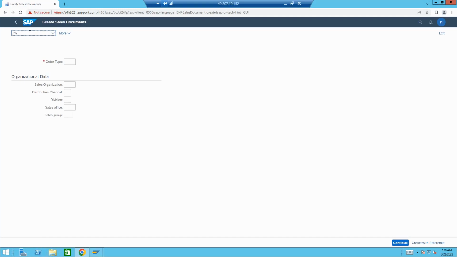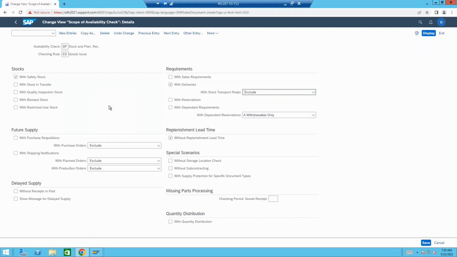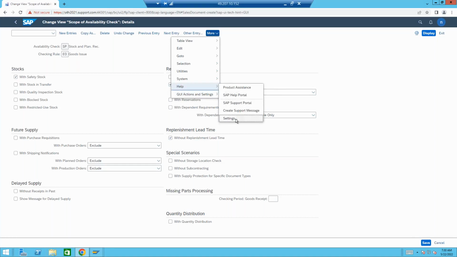Okay. So maybe another VA31, scheduling agreement, right? Or in fact, configurations. Maybe I would go with the OVZ9 configuration. You see, OVZ9 configuration. So this is Fiori, but even in Fiori, we can add the transaction bar. Okay. So you don't try this in the project, but if you see this transaction bar in your project, then